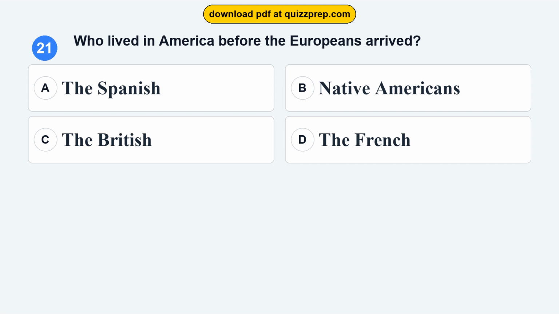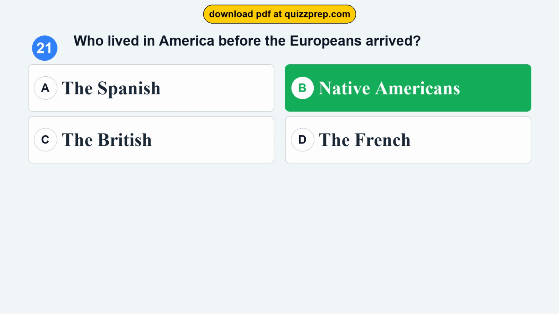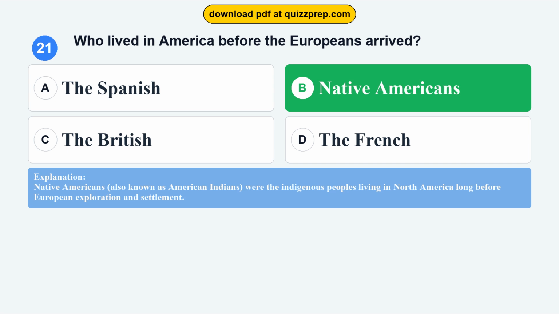Question 21. Who lived in America before the Europeans arrived? Option A, the Spanish. Option B, Native Americans. Option C, the British. Option D, the French. The correct answer is option B, Native Americans. Native Americans, also known as American Indians, were the indigenous peoples living in North America long before European exploration and